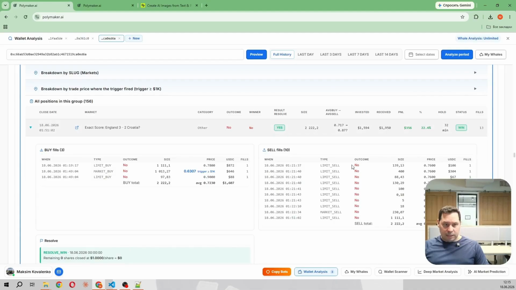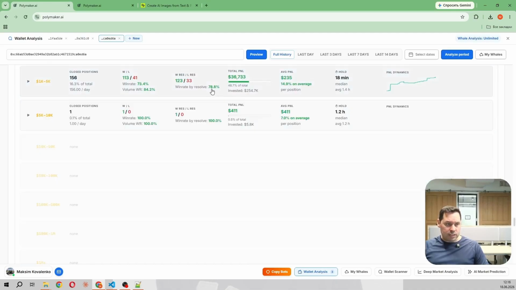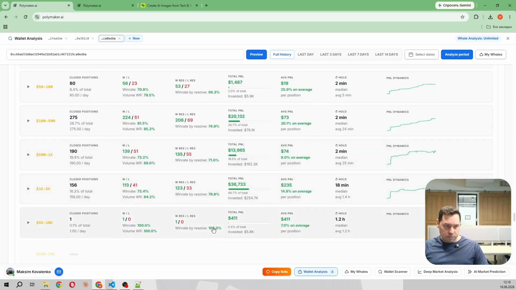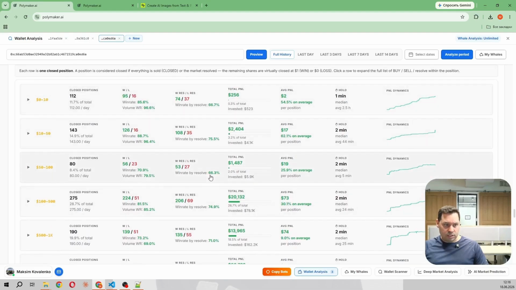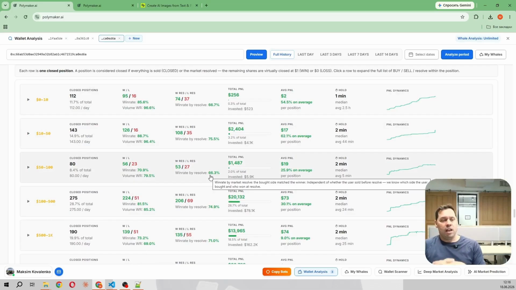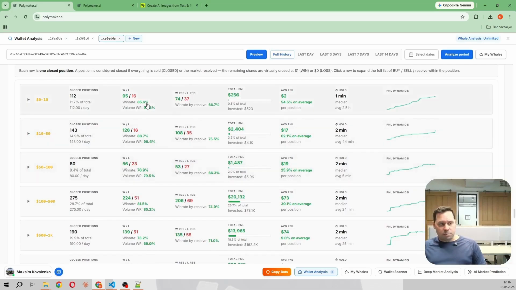This is one strategy. Trying to copy him completely, buying, selling, and so on. Yes, there is another strategy. Look, if we check his win rate by reason, well, in every price range, in principle, he has a good win rate by reason, with the lowest being 66%. This means that, in principle, we don't have to try to copy him,